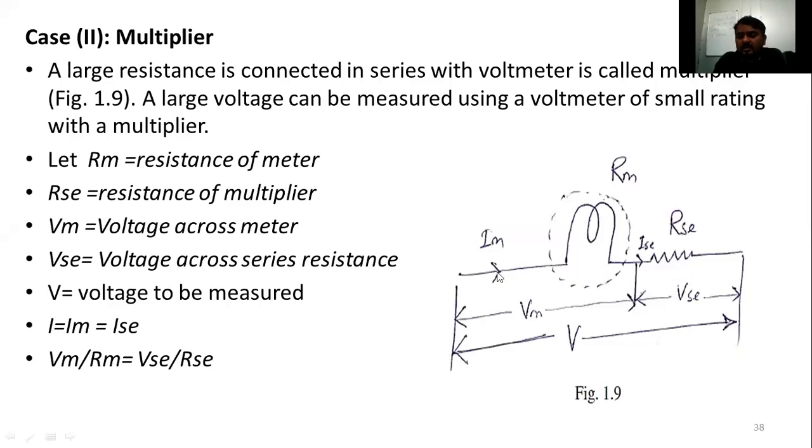See here the current flowing here, Im, and the meter resistance, this is the meter, it indicates here now. Some series resistance we have added here. Now, is a low value required or a high value required here?